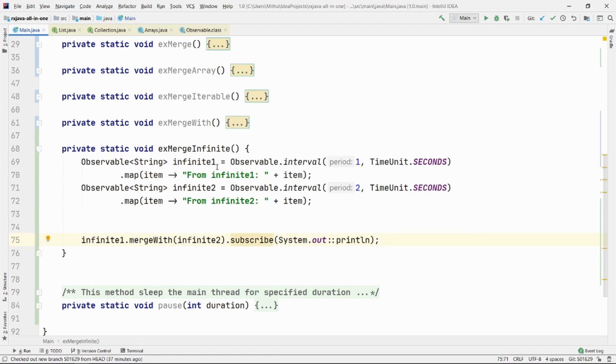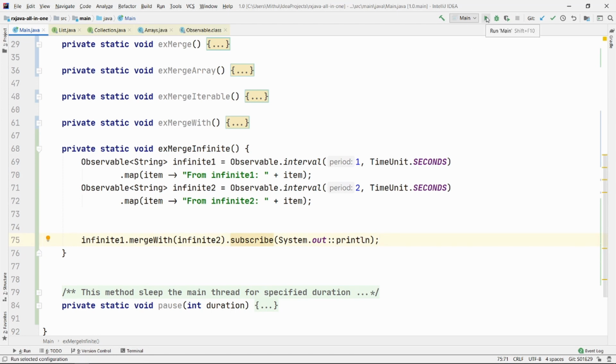Let me just tell you a little bit. Map, nothing else. It just takes 0, 1, 2, 3 every second in this case here, and it will just give this value to its subscriber. That's it. And because it's an operator, this one works the same as this. So let's go ahead and run and see what happens.